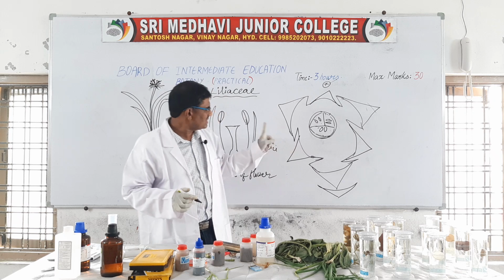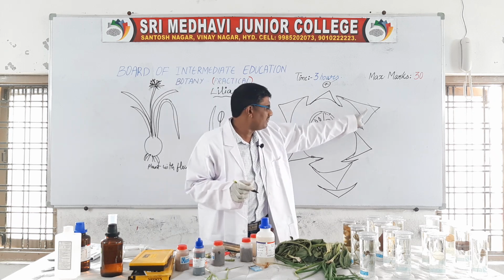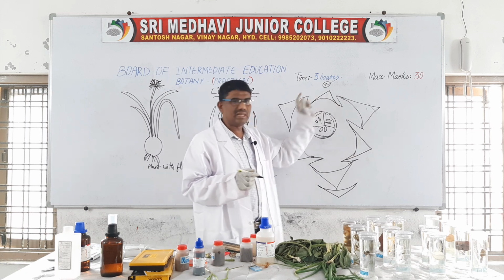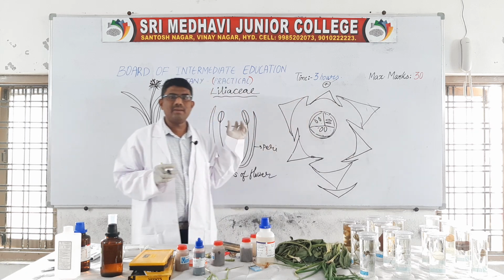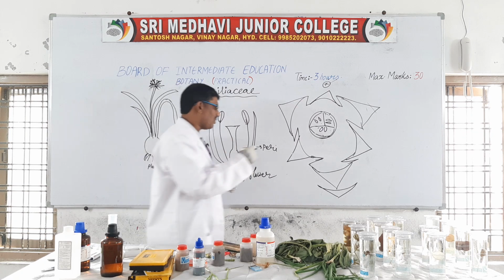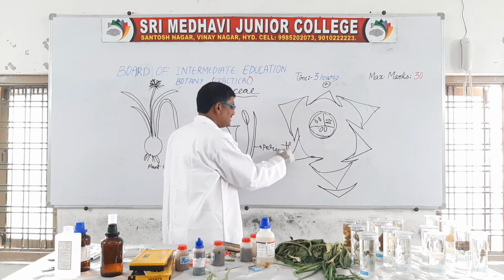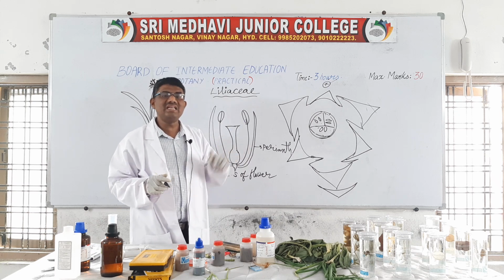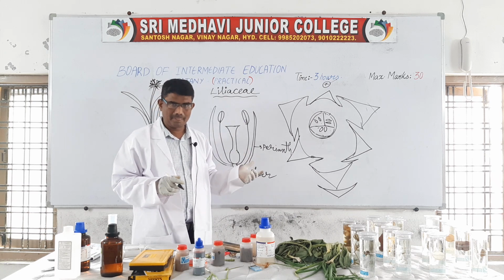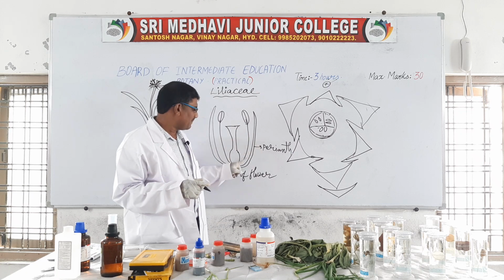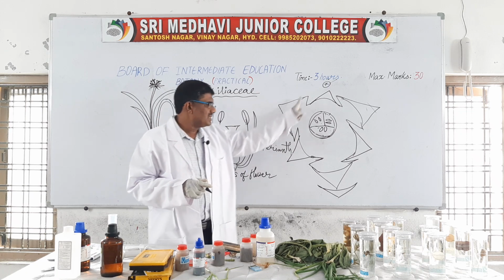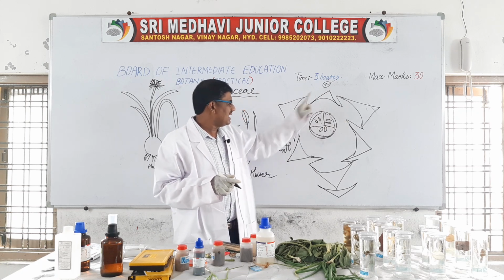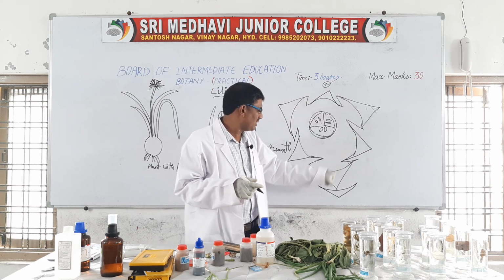But in this, there are no sepals and petals. The outer whorl of the flower contains 3, and the inner whorl also contains 3. In total, 6 tepals are present. The tepals are called perianth, meaning here the perianth is made up of tepals. How many tepals are present? Six tepals are present: outer 3 and inner 3. This is the outer, this is the outer, this is the outer.